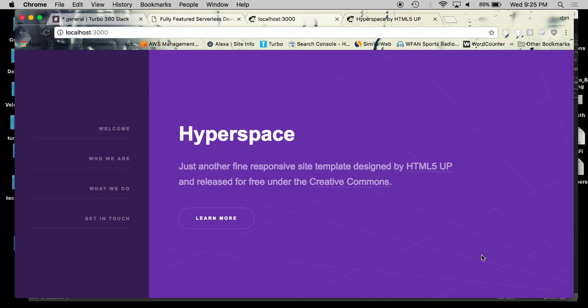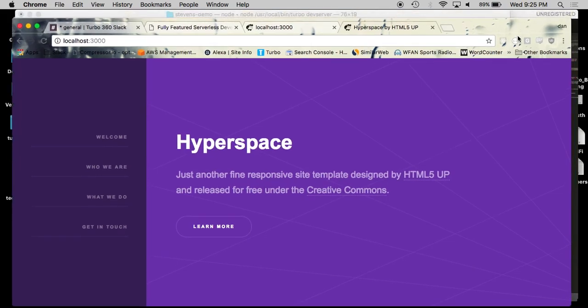However, this is not a React theme. It's pure HTML. So what we're going to do is take this theme and convert it into React for the purposes of learning React. It's a very good way to learn React, taking an existing project and converting it into React. That's essentially how I learned it. It sort of formalizes the concepts as you go through all the underlying pieces. So if we open up the code now,